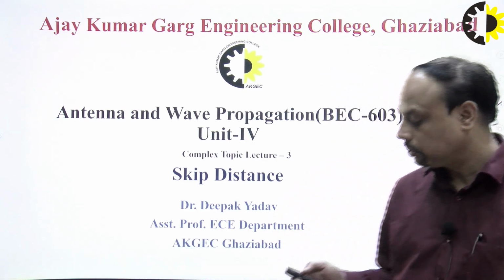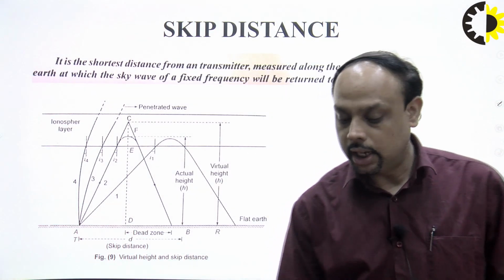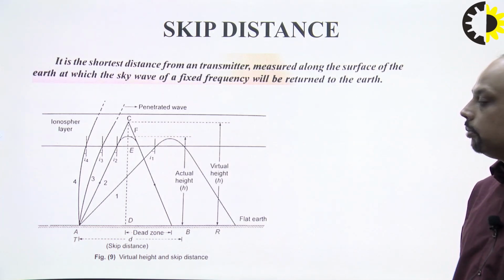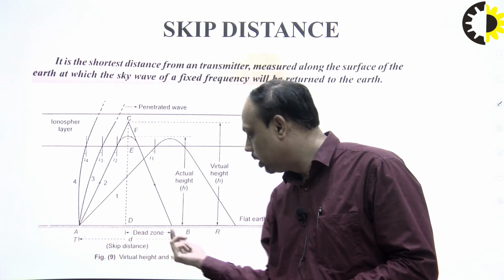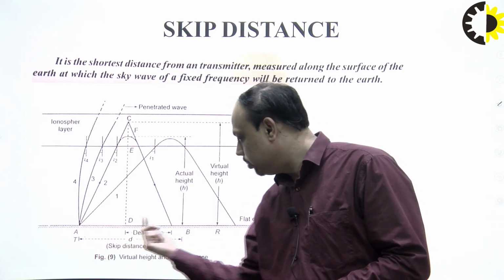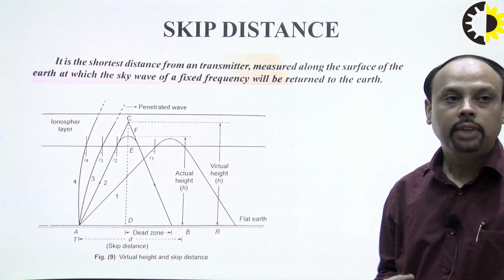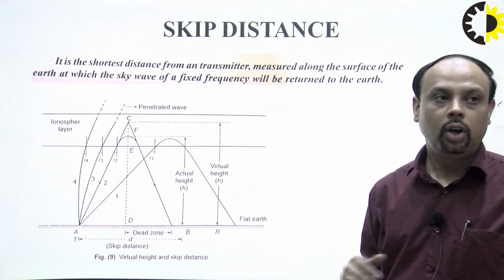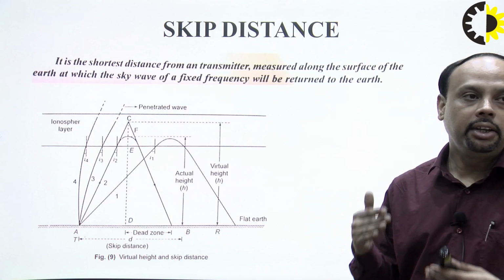So this is the topic of sky wave propagation, in which the skip distance is the minimum distance that is not covered by the transmitter when receiving the sky wave. The sky wave is the wave that is reflected from the layers of the ionosphere. As we already discussed in the previous lecture, the ionosphere is made up of different layers like D, E, F1